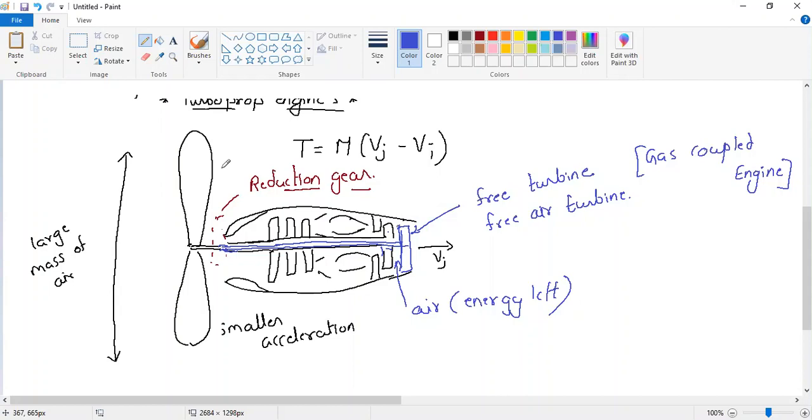Okay. In the older aircraft, before World War I, during World War II, what used to happen is a person used to stand in front of the propeller. It was not a turbojet engine; we used to have a piston engine. That person used to catch the propeller with both hands and rotate it at a very high speed. ऐसा धक्का मारेगा बेटा उसको, and he will run away. Understood? That used to give the initial RPM. But nowadays we don't require that. We can just connect a starter. The starter will look after everything.